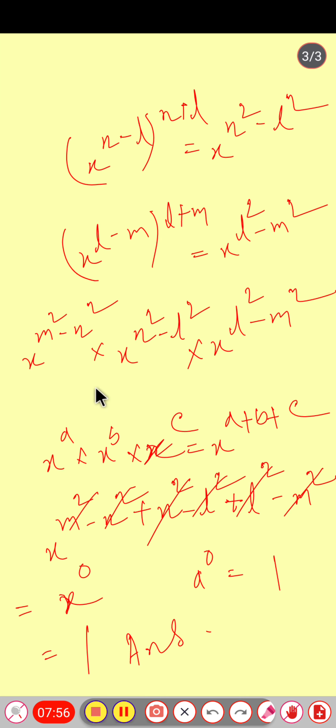তো সেইটাকেই বসানো হয়েছে x to the power m square minus n square, x to the power n square minus l square, l square minus m square। এবার এখানে পাওয়ারগুলো যোগ হবে m square minus n square প্লাস n square minus l square প্লাস l square minus m square, কারণ x to the power a into x to the power b into x to the power c equal to x to the power a plus b plus c। তো এখানে পাওয়ারগুলো যোগ হলে এগুলো কেটে যাবে, কেটে গিয়ে x to the power 0 আসবে। তা আমরা জানি কোনো কিছুর পাওয়ারে 0 থাকলে 1 হয়, তার মানে x to the power 0 equal to 1। সো এটাই হলো অ্যান্সার।